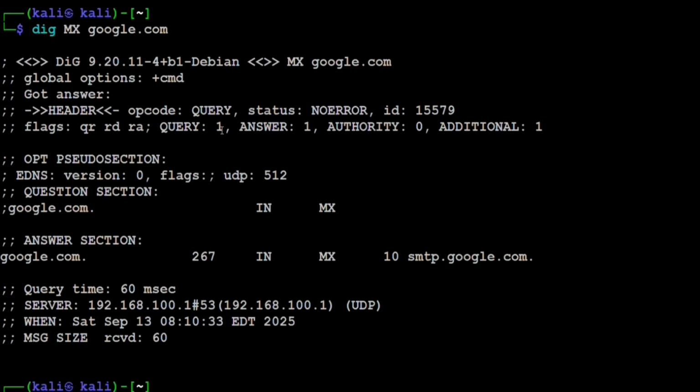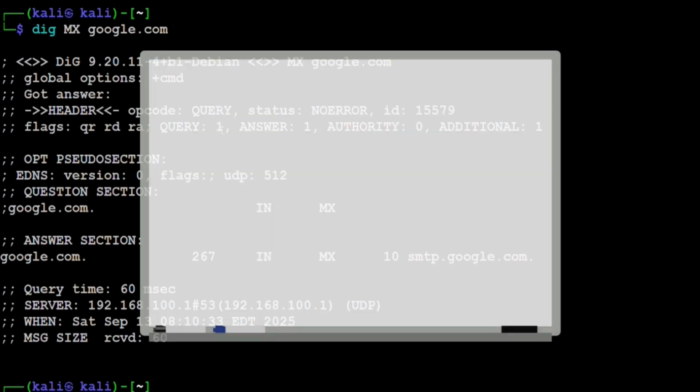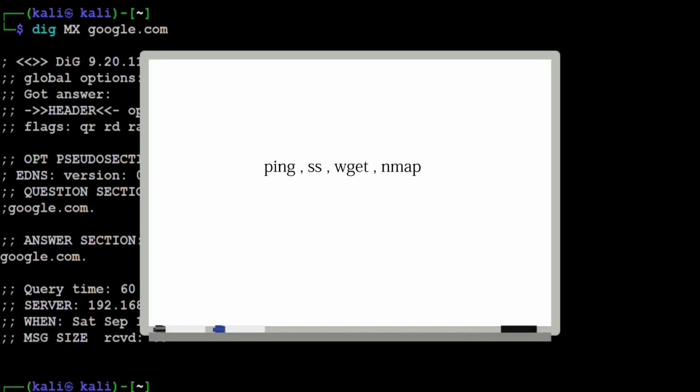So by combining built-in commands like ping, ss, wget, and nmap with the additional tools that we covered, such as netstat, traceroute, curl, and dig, you will have a strong set of network utilities for information gathering and troubleshooting in Kali Linux. I hope you learned something useful in this video,